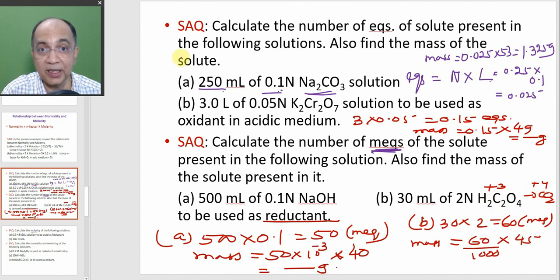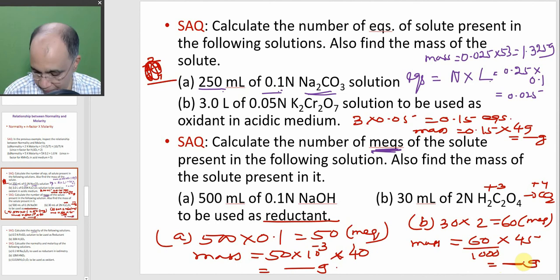Please check, because it is being recorded. And if there is some silly mistake, then please don't mind. Bear with the silly mistakes. To err is human and to rectify is human. So you rectify. It may not be possible for me to overhaul this entire video. So this is 2 plus 24 plus 64. Yes, 90 by 2 is 45. So whatever you calculate, this will be in gram.